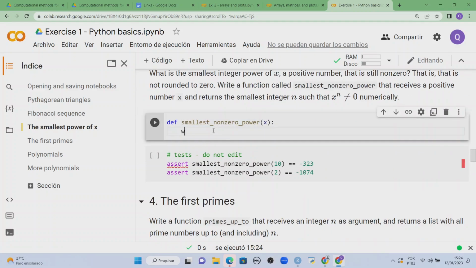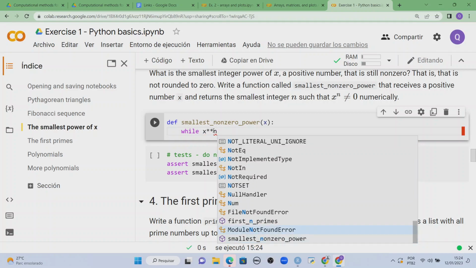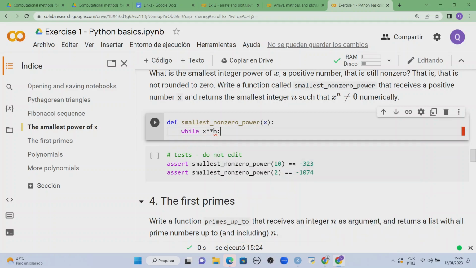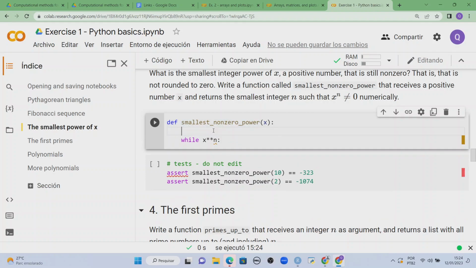You say, okay, while x to this number n, I haven't defined n yet. So let's start. What is the initial number that I can use here? It's something small: 0, 1, minus 1. It cannot be larger than that. I start with 0, but it could be 1, minus 1, something like that. And while this is different from 0 or larger than 0,